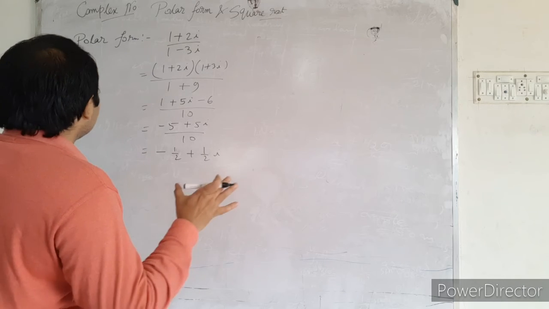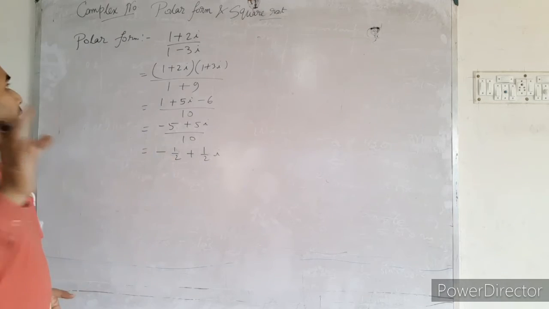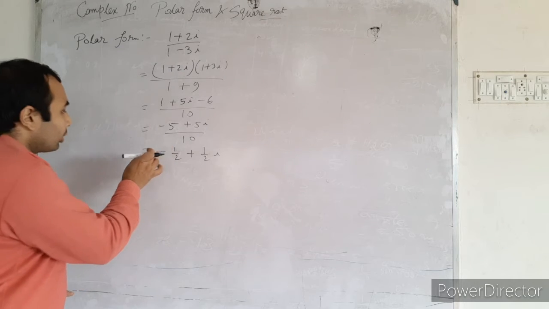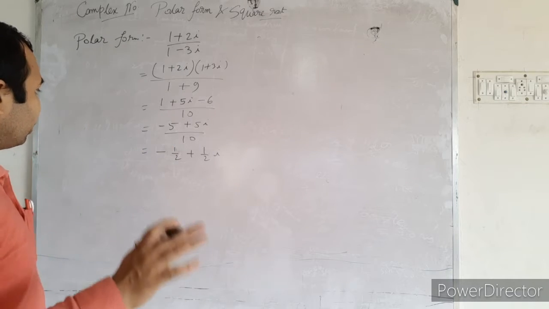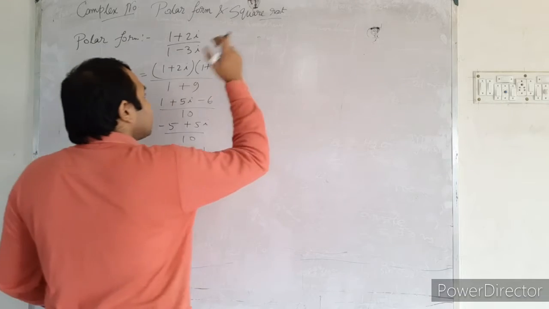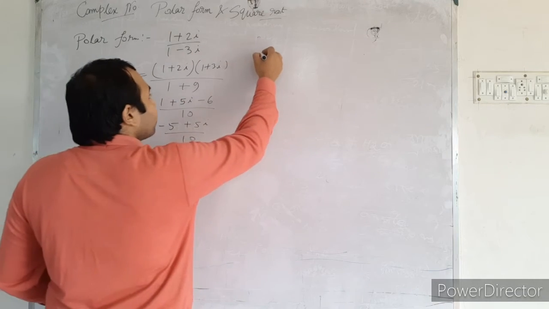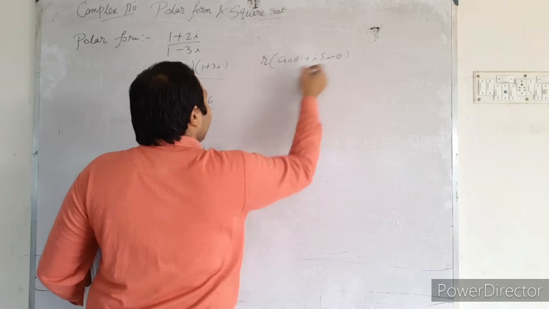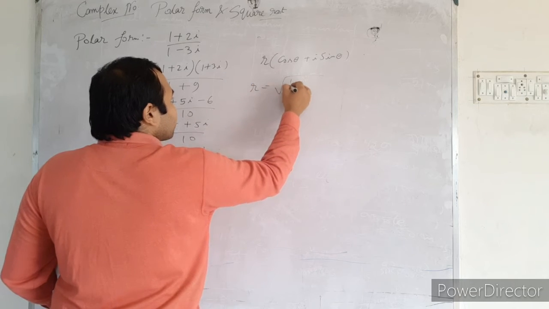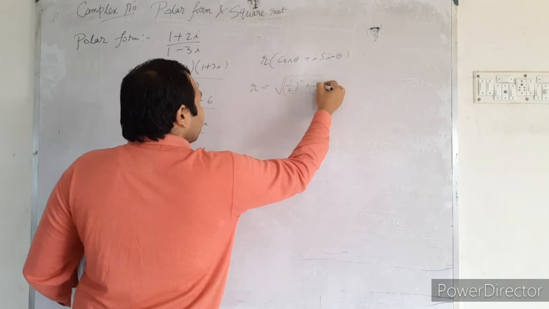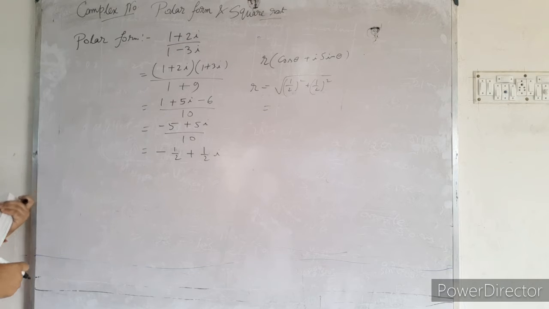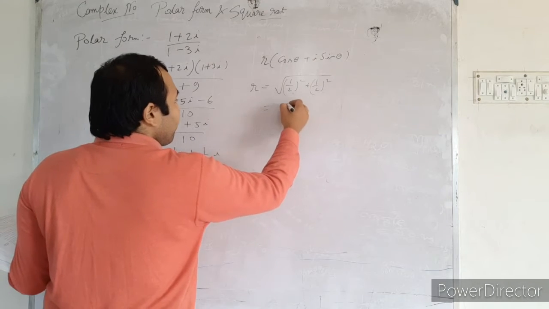Okay, so this is now the simple form of this complex number, which was in the fractional form. We have converted it into the linear form. Now we will find the polar form as we discussed previously. Let the polar form be r times cos theta plus i sin theta. So here r is root over half squared plus half squared, so 1 by 4 plus 1 by 4, that means 4 by 4... so 1 by 2, so 1 by root 2 it will come.